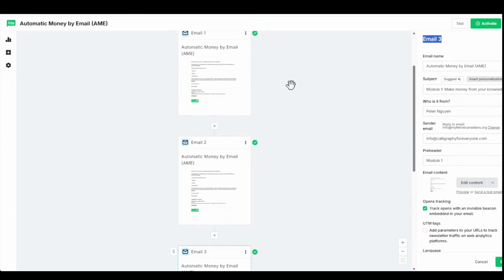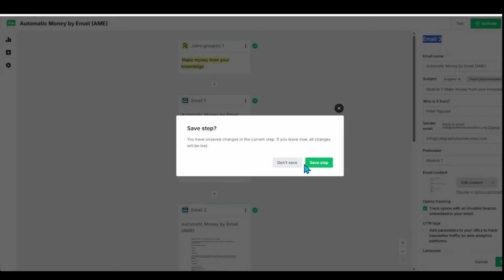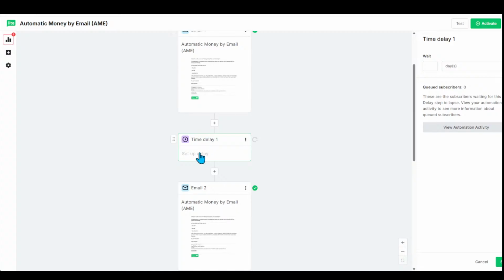So I'm just going to introduce a trigger. Okay, so when people join the group, automatically they get email 1, but between email 1 and email 2, you want to add a trigger, not a trigger, but what you call it, a delay. Okay, so between email 1 and email 2 here, there's a delay, and the delay is, like we said, 1 day. So I'm going to click on setup delay, and I'm going to put 1 day over here,